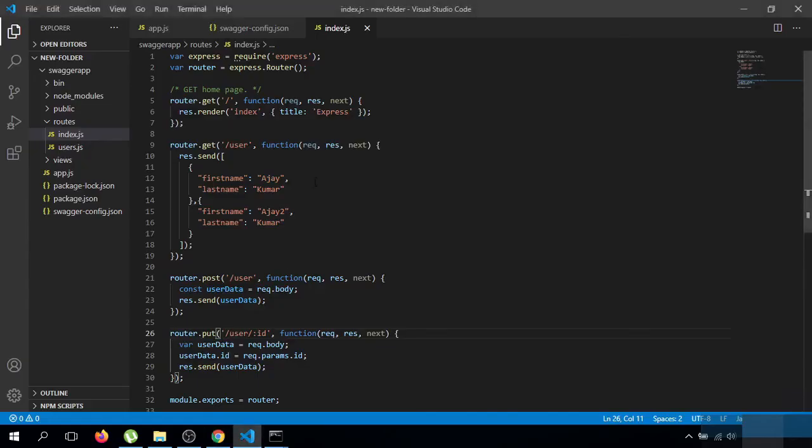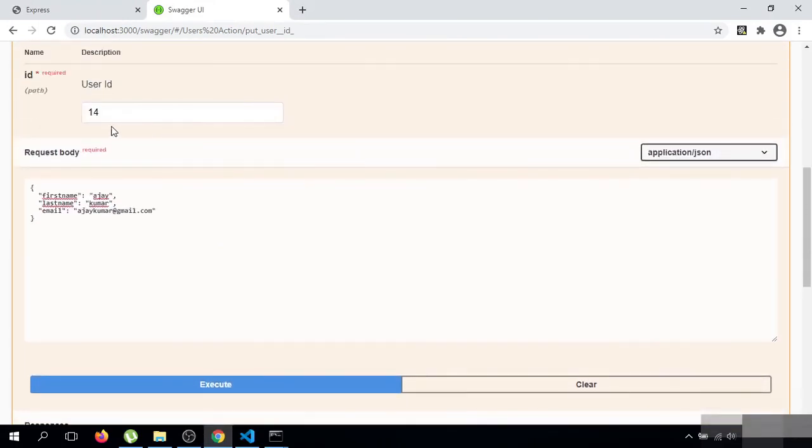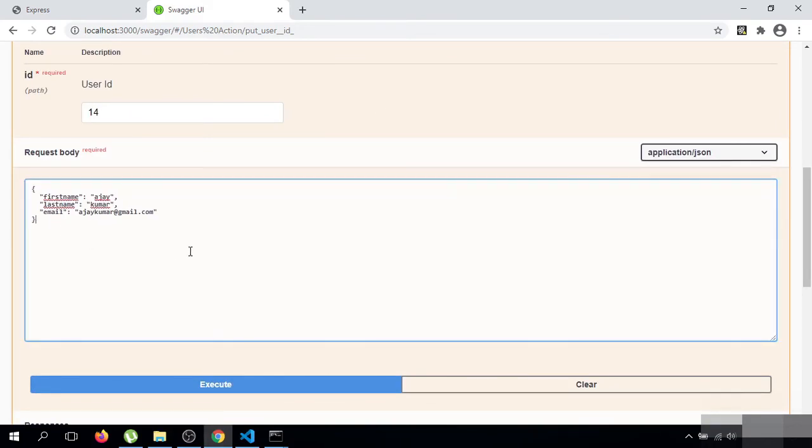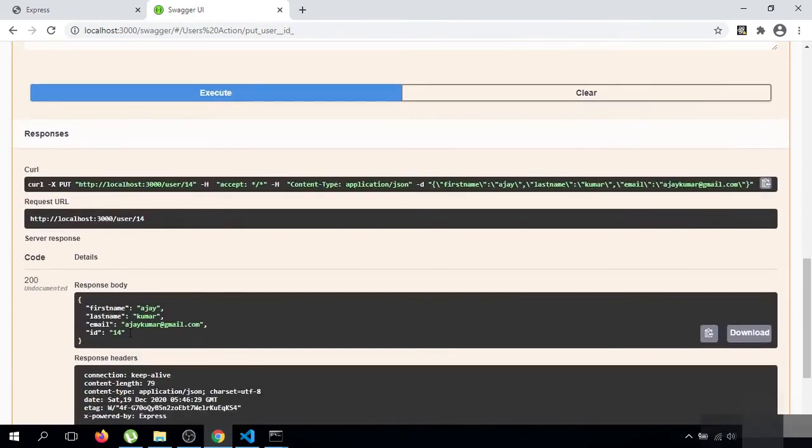I have added a parameter sent by user in my response. You can see that I have added a 14 as a user ID in a different text box. When I serve the response to the client, I have added this user ID in my response. You can add your implementation as per your requirement. In my case, currently I am adding a static API and send a raw data without a database configuration.